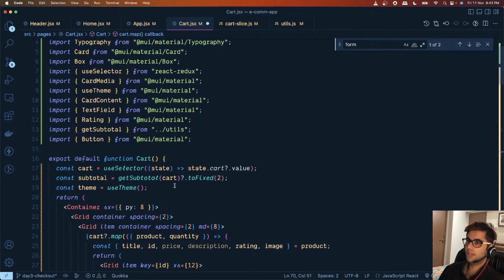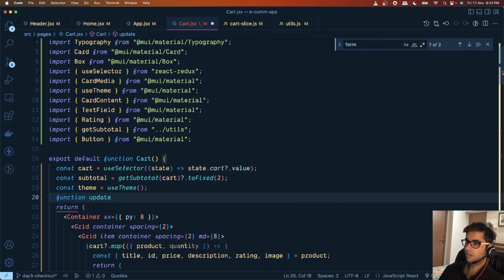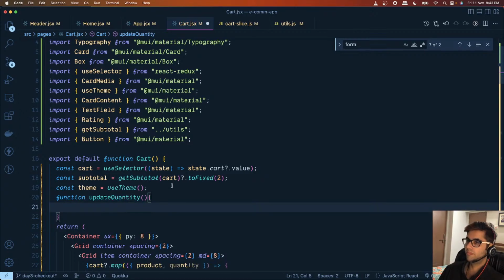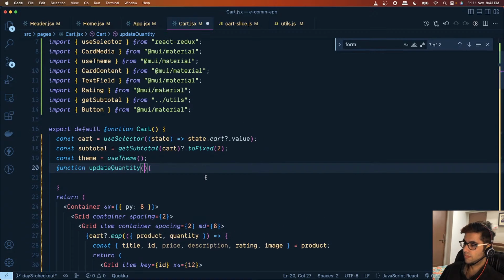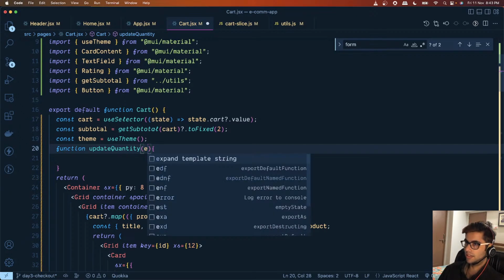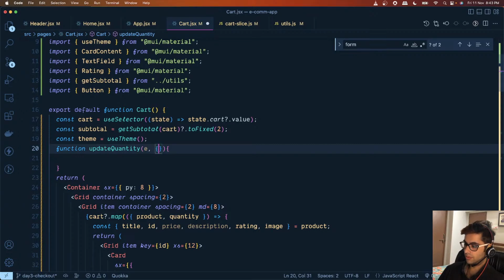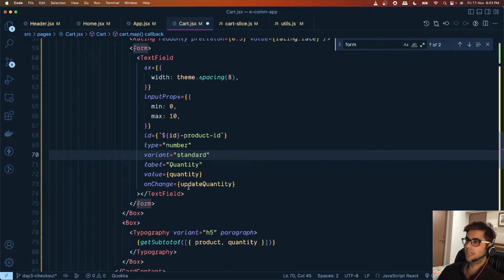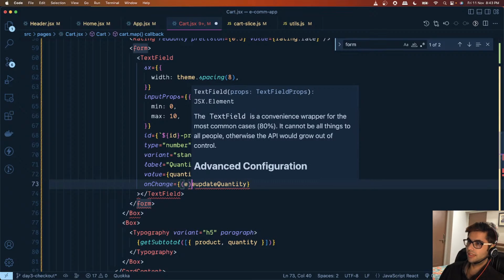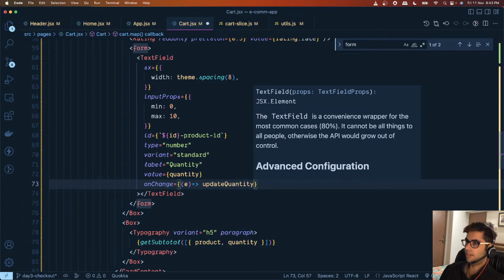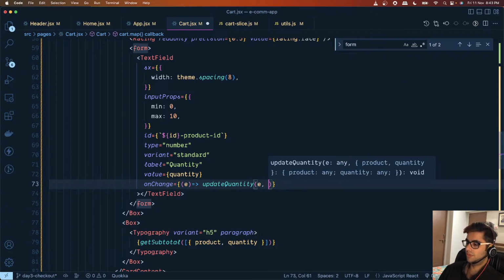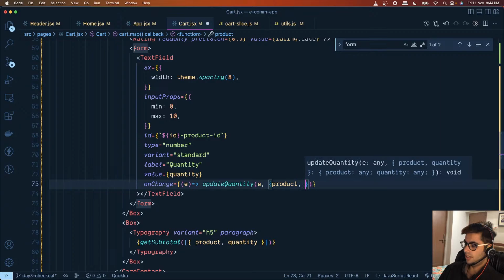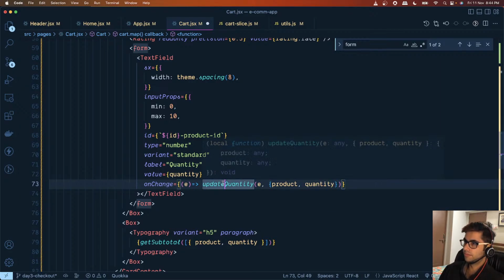Let's create a function with the same name, and what we will do over here is we will accept the event, and we'll also pick up the product as well as the quantity of the product whose quantity we are updating. So we'll get the event object, and we'll call update quantity with the event object as well as the product and its quantity. Okay,